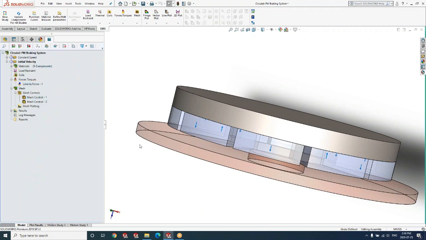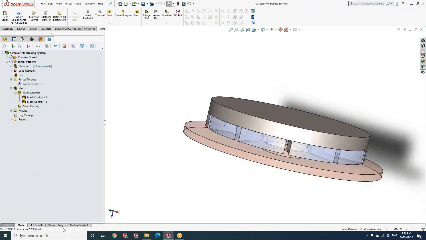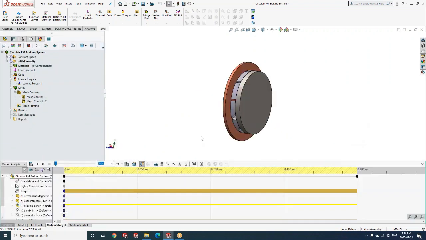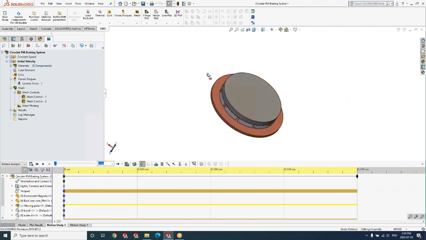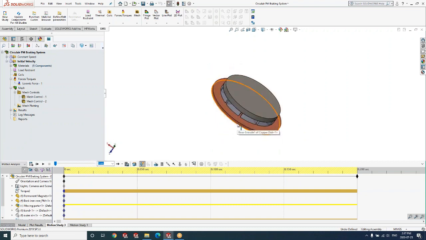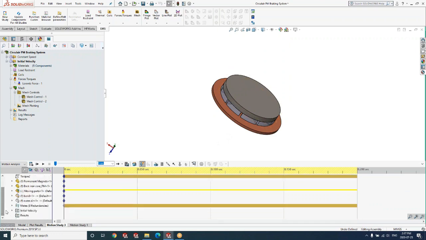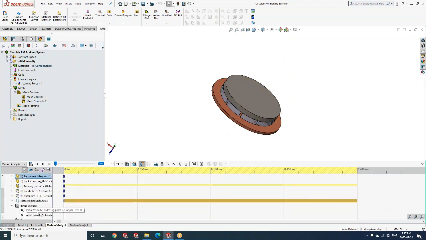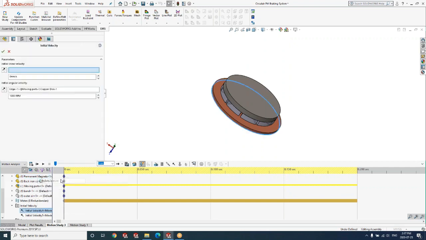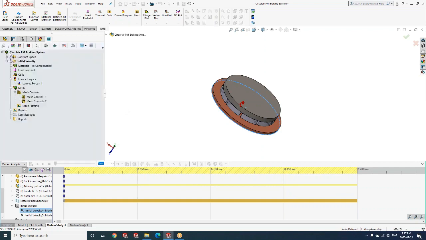Once the materials are defined, let us now see what kind of motion we shall give to this particular disk. As I mentioned earlier, the disk is moving initially with a constant speed, and that can be set in SolidWorks Motion by imparting an initial velocity to the moving disk. So you can look at the moving disk and it's imparted an initial velocity.